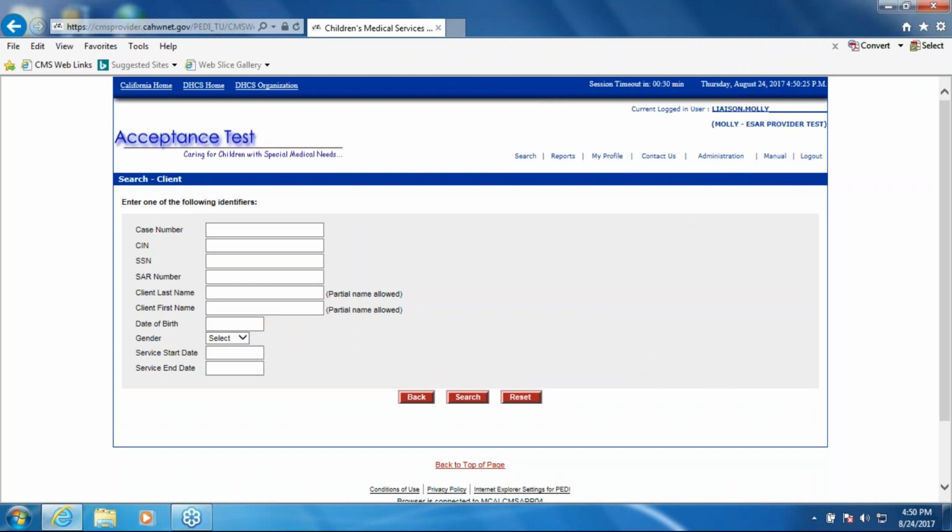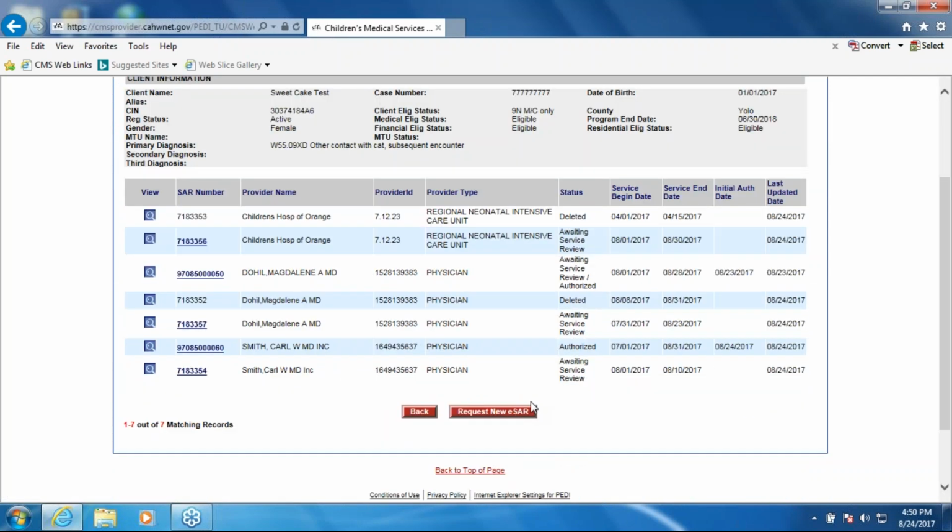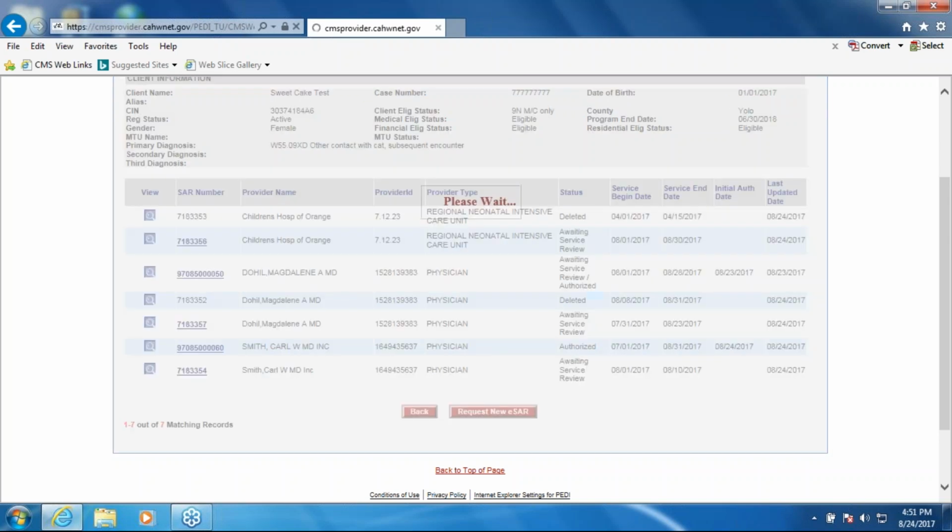So the next thing I would like to show you is how to modify. So let's go back to our client. So let's say you would like to put in a SAR modification request to an existing SAR. Let's go ahead and select this one. So to put in a modification request to a SAR, you can either do it to a pending SAR or to an authorized SAR. So if you click on the hyperlink,